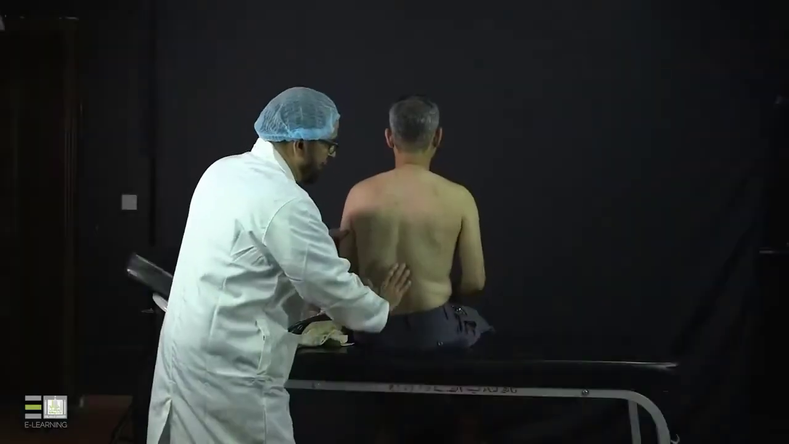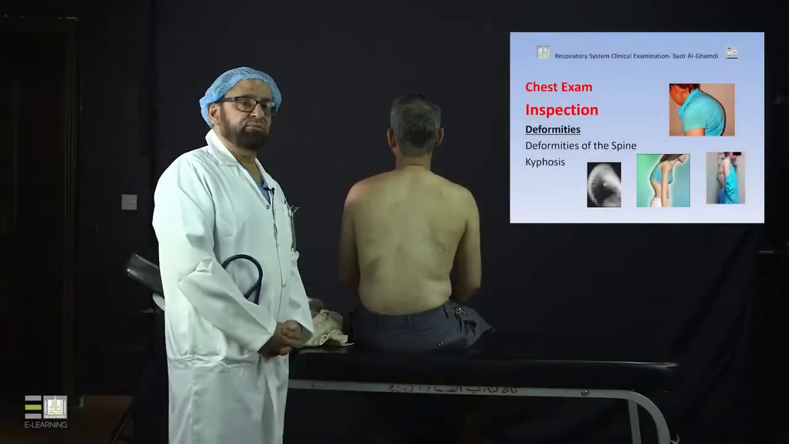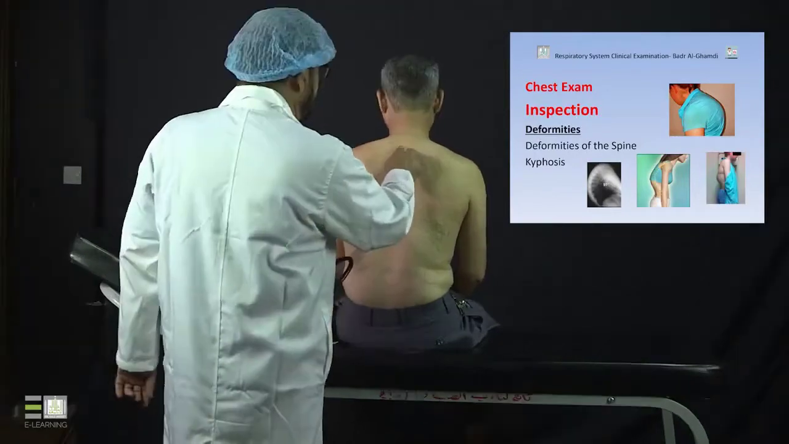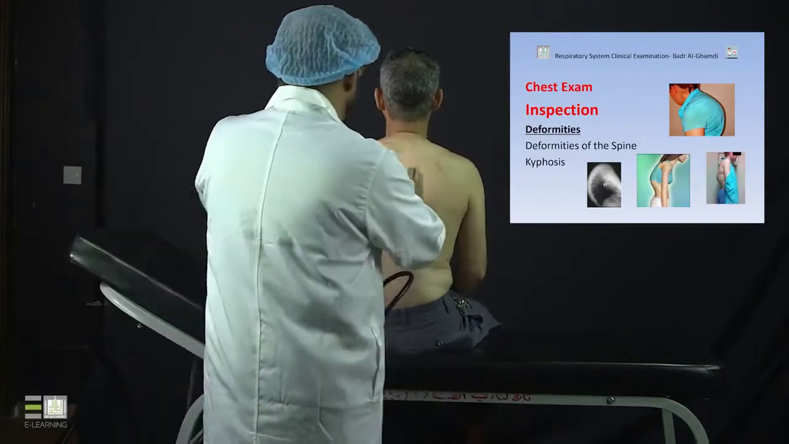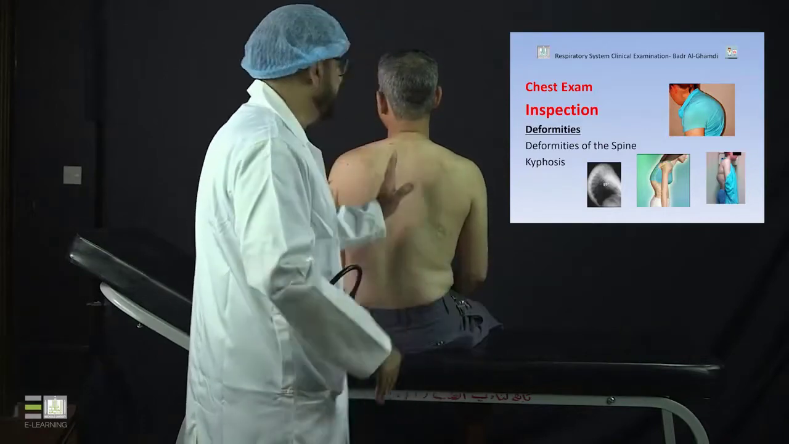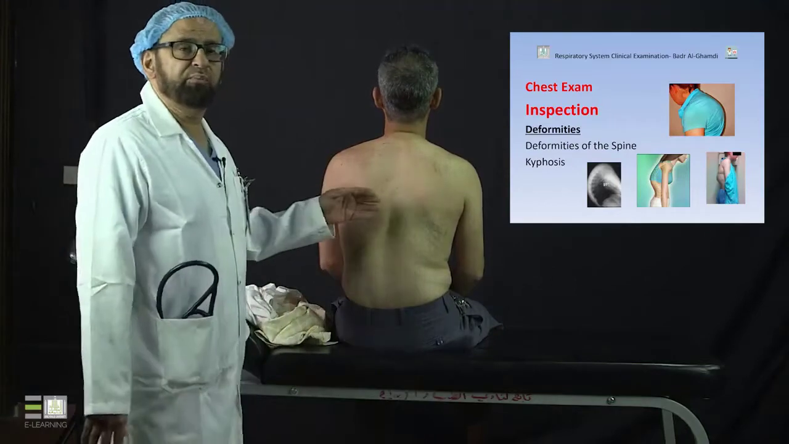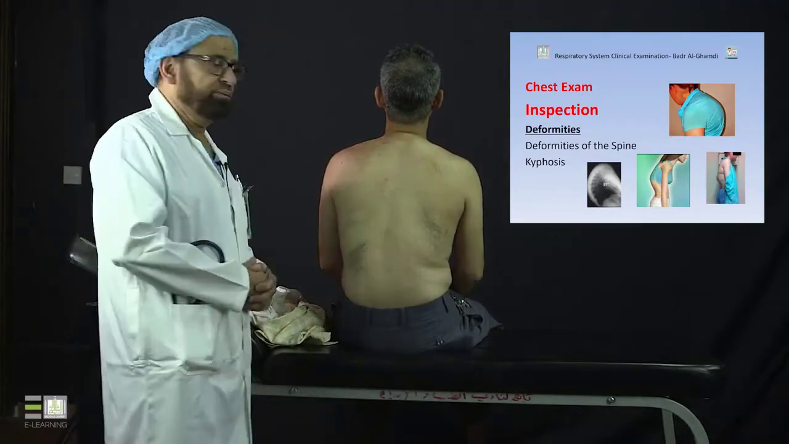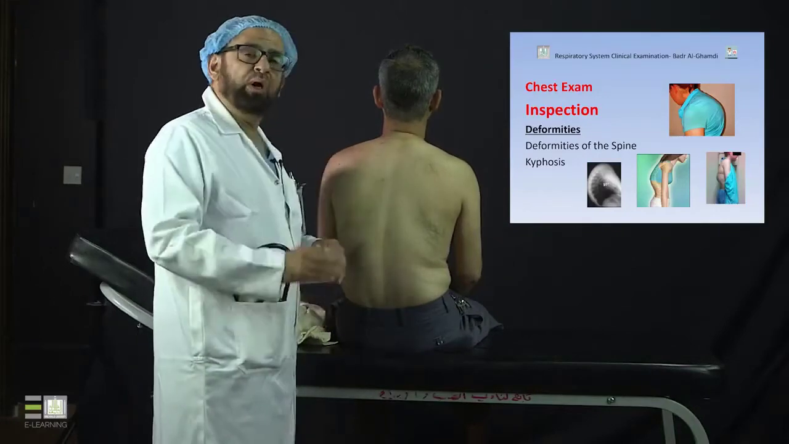Now you look at the back and you look at the spine. Okay, the spine normally is usually in a central position and it's straight and symmetrical, and usually it is midline. However, when you start to have deformities of the spine, it might show what we call kyphosis, where the